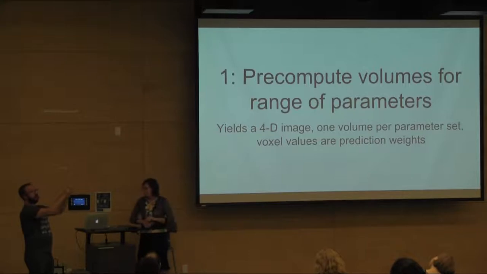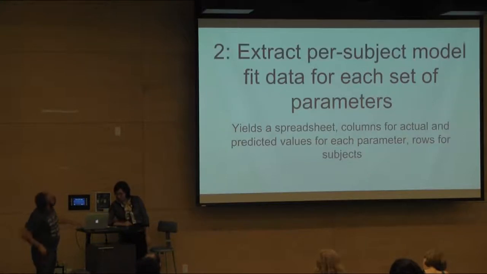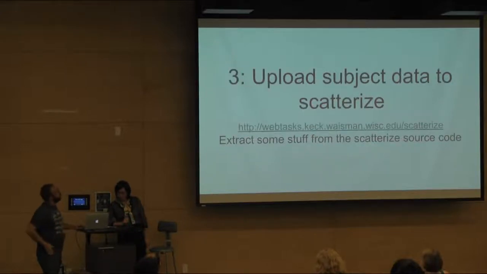And the voxel that I just saw are the weights of the predictions. Okay. Yeah, no, it's all good. Then what we do, we extracted the model per subject into a big spreadsheet where one row was a subject and one column was a set of parameter values. And then you can upload that to Scatterize,